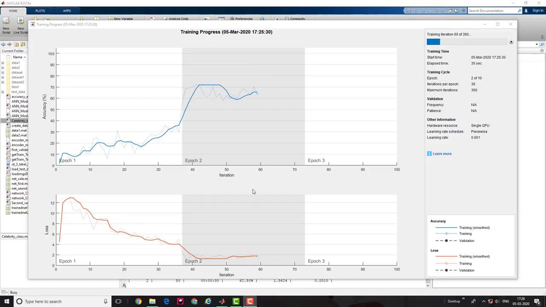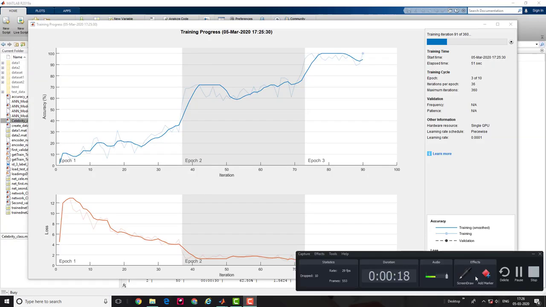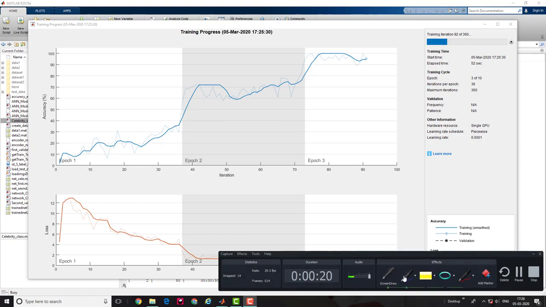So guys, at the second epoch, my loss is around 1. MATLAB enables us to visualize the training process, how the loss is going, and what the accuracy is. You can monitor the accuracy also.